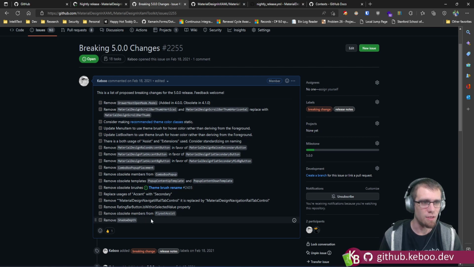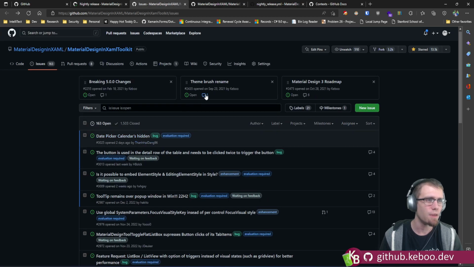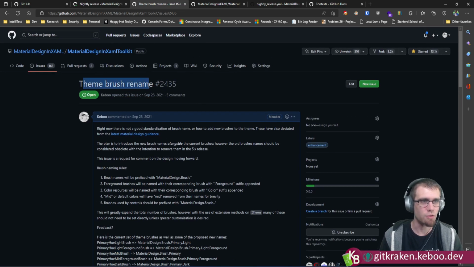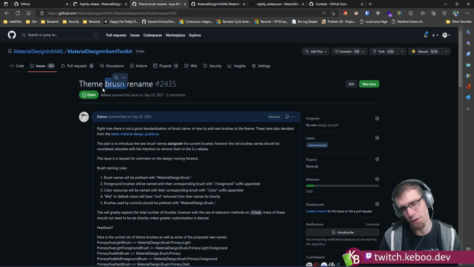But these are all going to be breaking changes that are coming, with the biggest one being this theme brush rename. And this sounds like just a theme, because I named it theme brush rename. It sounds like it's just renaming of brushes. That's kind of a bold-faced lie. It is changing up the way the theming in the library works, hopefully for the last time. I want to take,